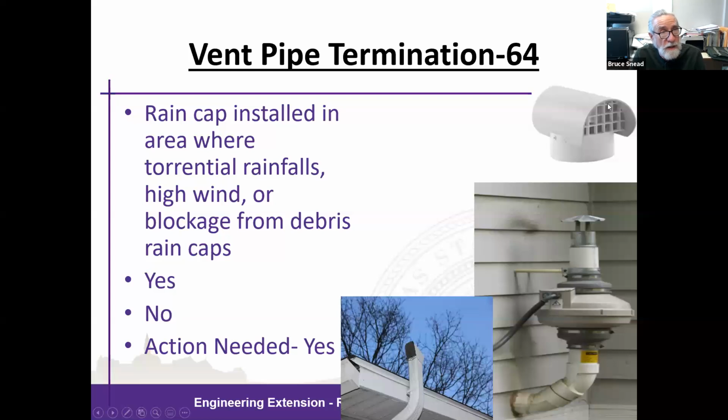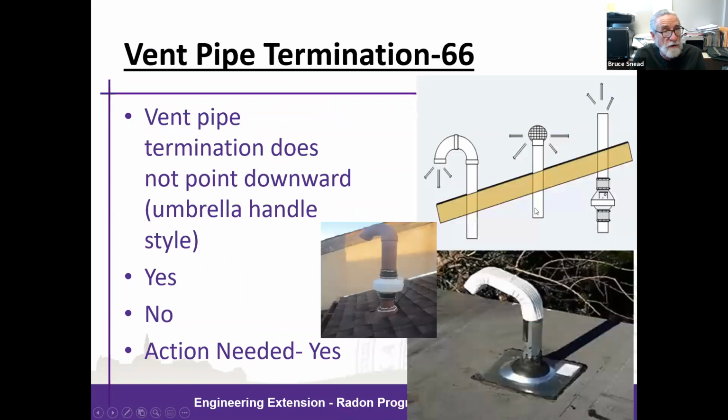Rain caps. If you're going to put a cap on the radon discharge point because of acorns, walnuts, critters that you're concerned about getting in, and you put a cap like the upper right one on, it's going to lead to a recommendation to configure the discharge accordingly. Is there a cap? If so, why? Is it necessary? If so, make sure that it's properly installed. And the discharge, does it look like this on the upper right versus these poor configurations here in the photos you see on this slide?